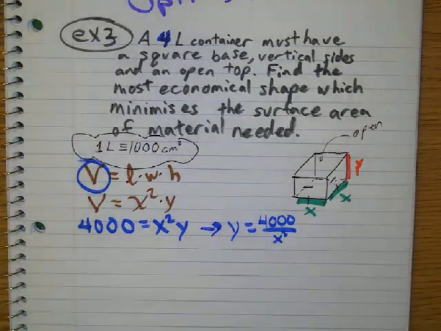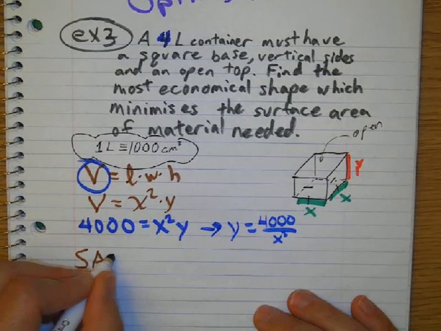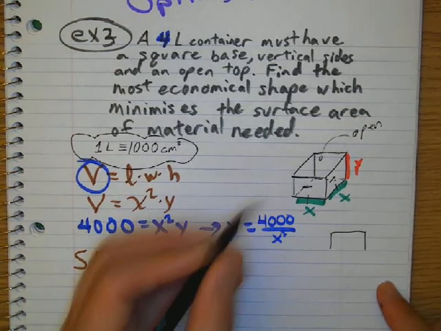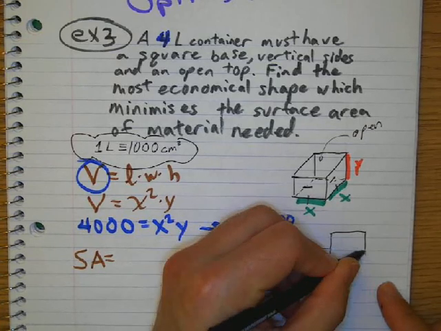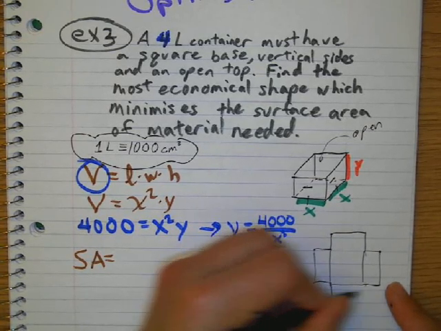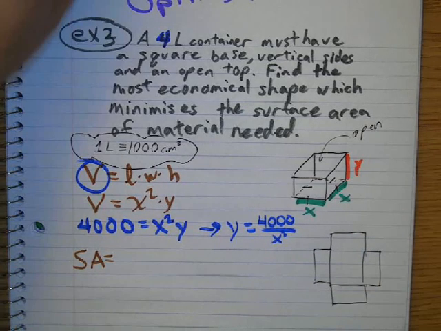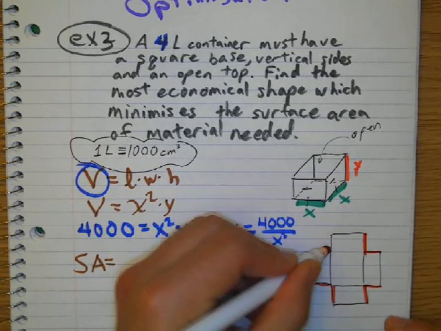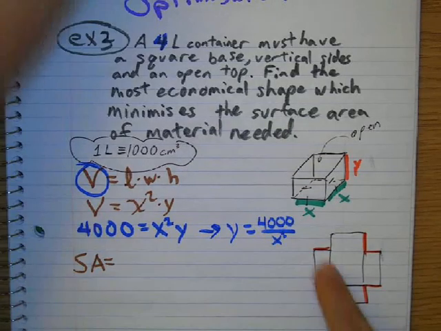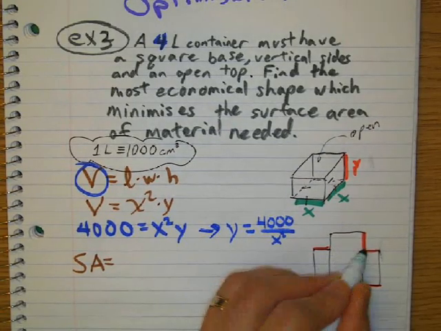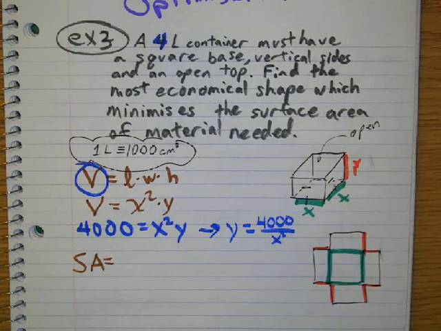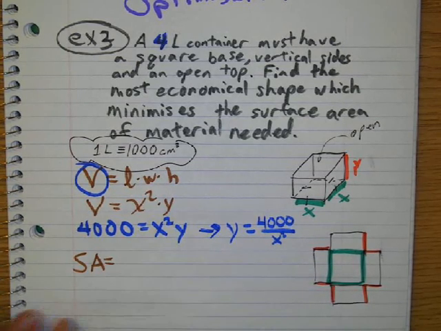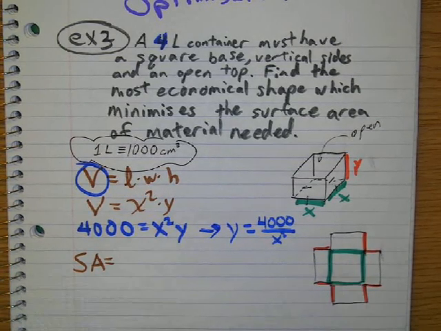So surface area is going to be, so what happens if I open up this box? Okay, so I unfold it. I've got these sides here that I'm marking in red, which are all the length of y, right? And the bottom base is a square, so these lengths here are x. So we have all 5 of these quadrilaterals in here. This green area is x squared,